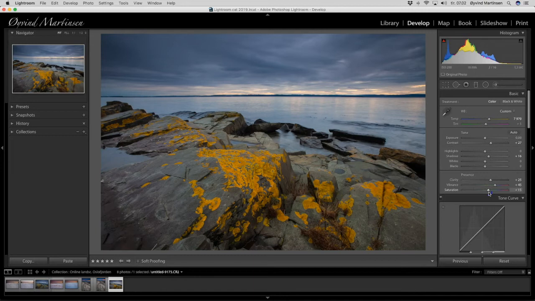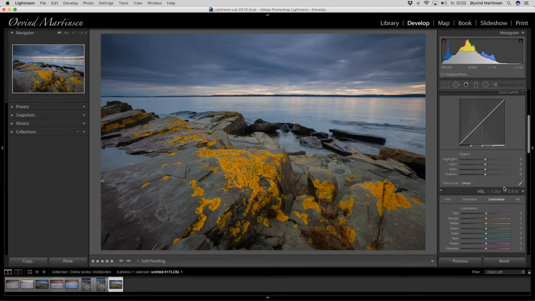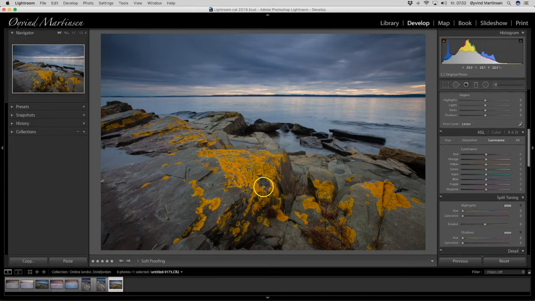So it's not truths here, but in the old days when we used film, we could select films that had stronger colors or more tuned down colors. We can do the same here. We have all the old film types in one raw file. And here we see we have these nice colors in the foreground here, and it contains a lot of orange and yellow, and I want to light up